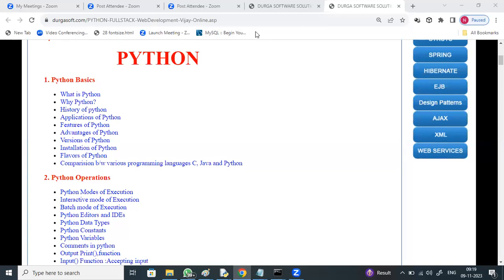They have given the demo link of yesterday's session, the Python course content and full stack web development course content video links, and the payment process and procedure. Everything they have provided, and the contact details of the office. You can contact them for any queries related to payments.